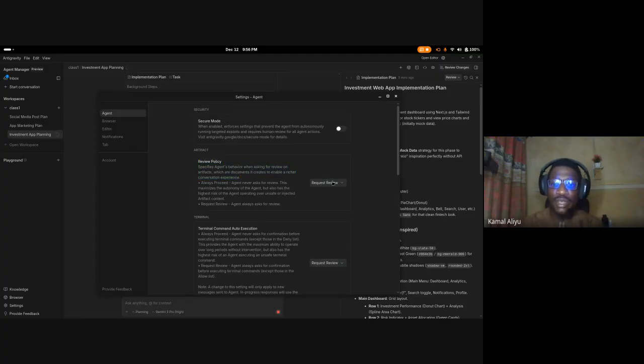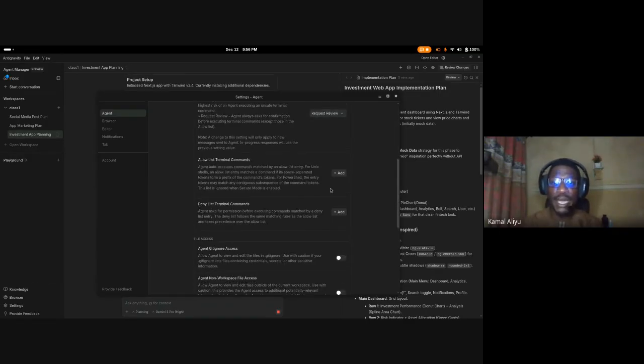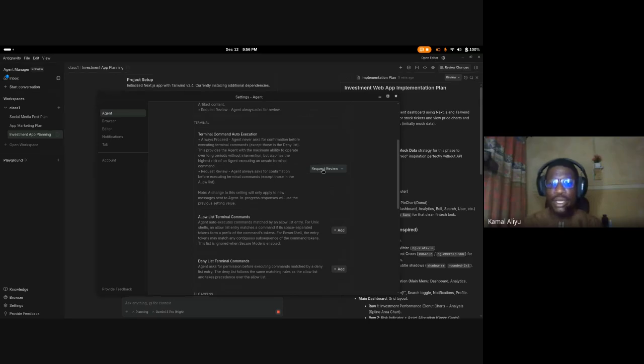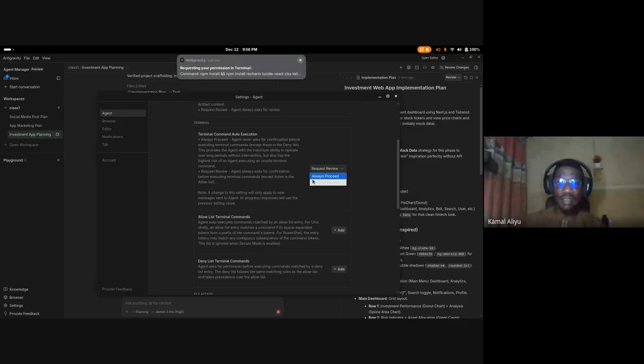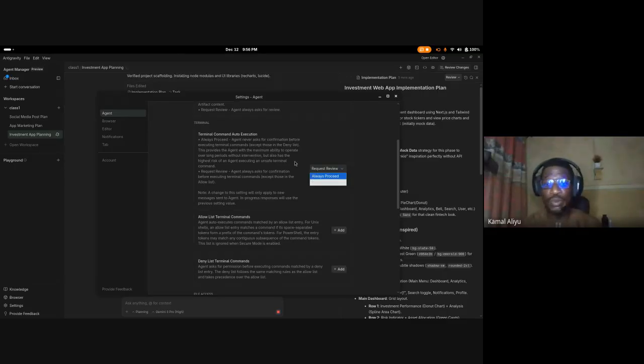This is where you make it always proceed, or request review. I always leave it as request review, but if you want to give the AI full control, you also change the terminal command auto execution, which is all the permissions that have been asking me. So we just go ahead and select always proceed.